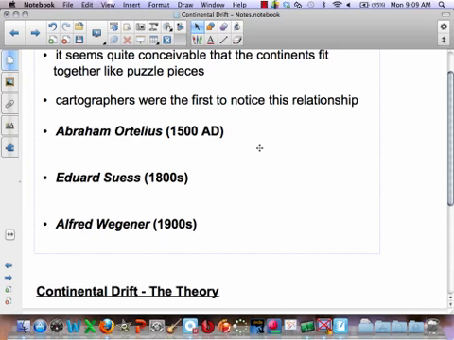Now there's actually one more that you guys did not come up with, and that's fine because it's kind of a hard one to think about, and that is looking at climate change, looking at climate data on different continents. In fact, one of the strangest things, and we will see this again later in the notes, that Alfred Wegener found was coal on which continent? Where do you think he found coal that was so strange?